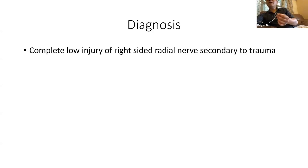So what is the normal capillary refill in the nail bed? What is the satisfactory or normal capillary refill? Less than 2 seconds, so it should be brisk. If it is more than 3 seconds, then your Allen's test is positive. So there is either an anatomical abnormality where the arch...